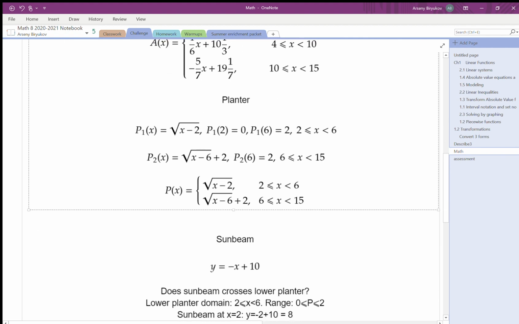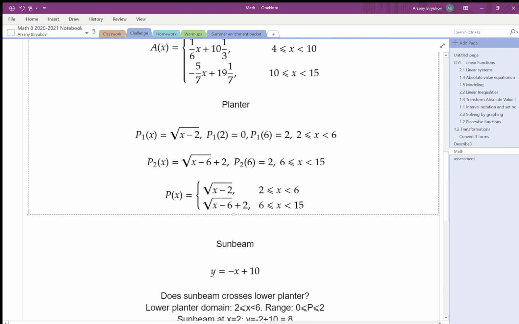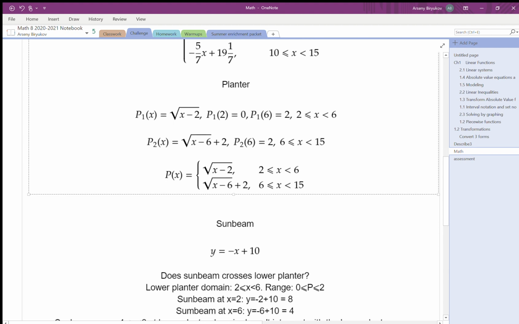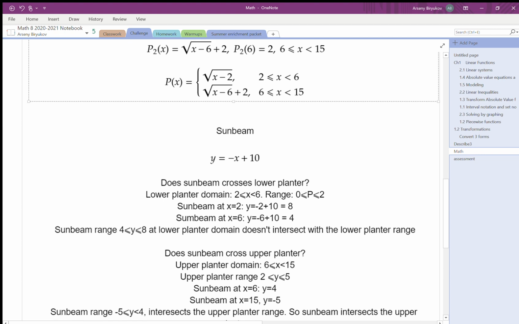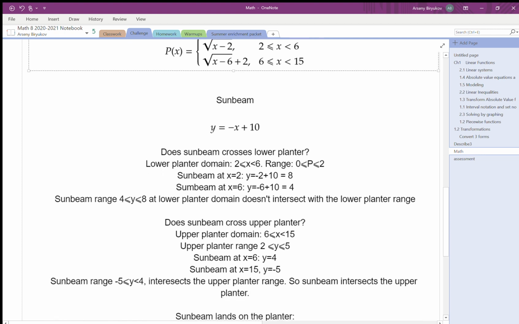Now, for the second part of this assignment, we must find out if the sunbeam, graphed by the equation y = -10 + x, intersects with the lower planters or the upper planters. We checked each planter's range and checked if the sunbeam's range intersects with the planter's range in the domain that corresponds to the planters. As you can see, this math shows that the sunbeam does not cross the lower planters, but it does intersect